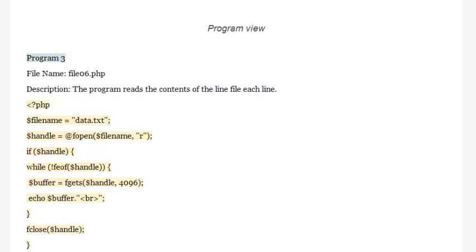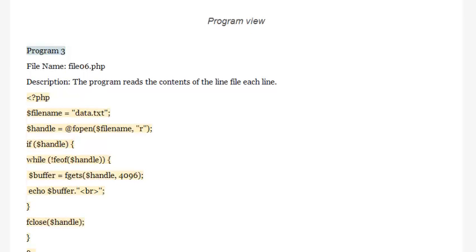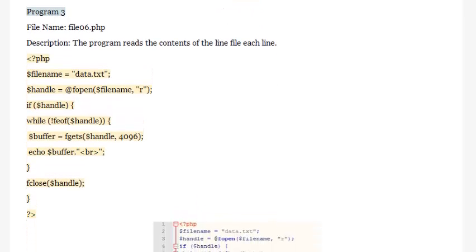<?php $filename = "data.txt"; $handle = fopen($filename, "r"); if ($handle) { while (!feof($handle)) { $buffer = fgets($handle, 4096); echo $buffer . "<br>"; } fclose($handle); } ?>